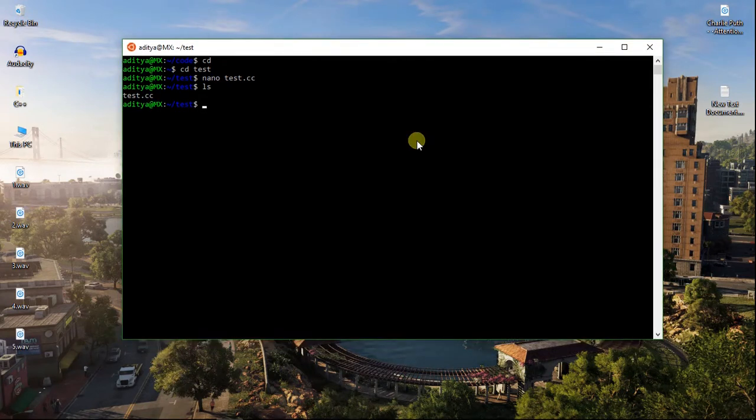Now for compiling our program, we need G++ compiler. Now if you have already installed a G++ compiler on your bash shell, it's very good, but if you don't have a G++ compiler installed, just do this. Type sudo space apt hyphen get install G++. It will ask you for your password. Just type your password,